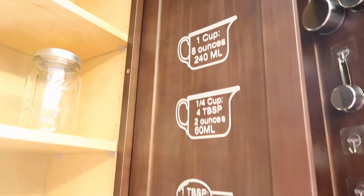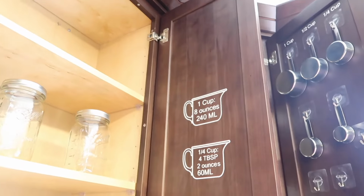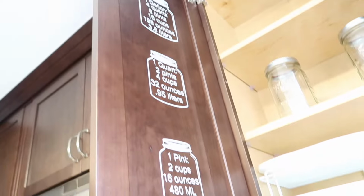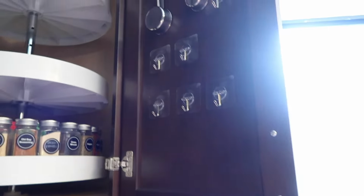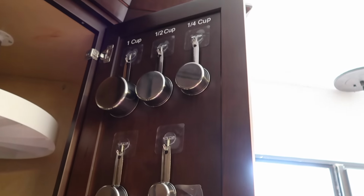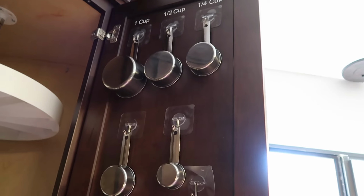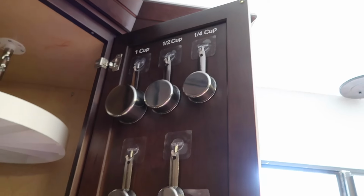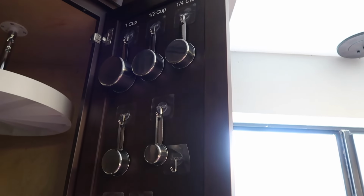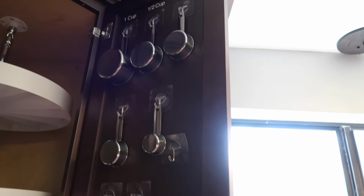I put these here. I couldn't put much else. I couldn't fit these ones. They were too big. So I kind of had to separate, which is fine. But this has kind of ended up being more of a pain. Anyways, some of the vinyl got ruined I'm gonna have to order more or just, I guess, type it out myself on my Cricut. But just a little update. It's kind of being a pain in the butt. I probably should have like measured more and thought more carefully about it, but it